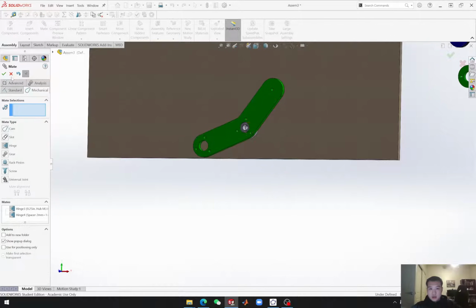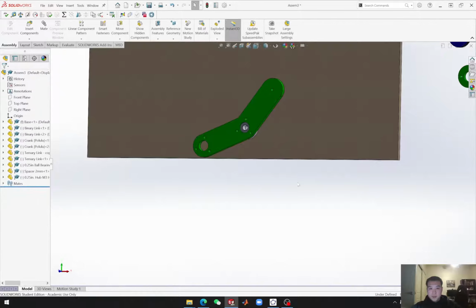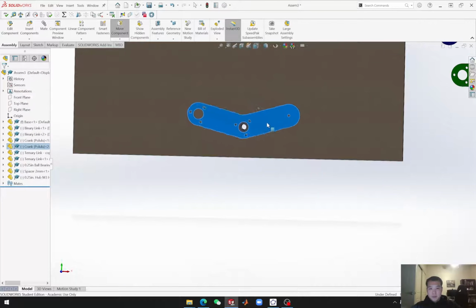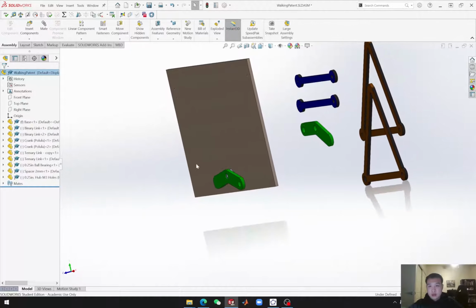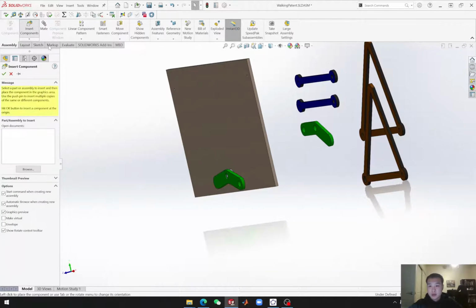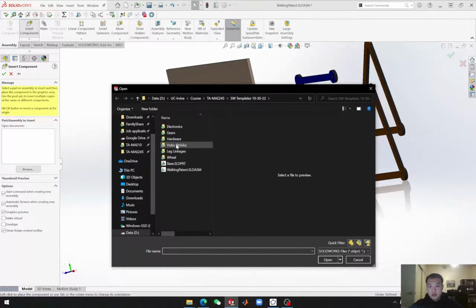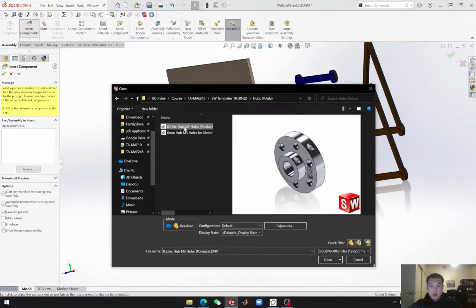Okay, looks good. Okay, the input link will go like this. Then we need to attach another hub to this input link. Okay, so insert a new 1/4 inch hub